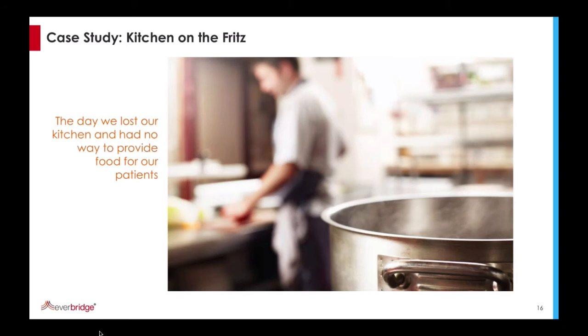So a couple of Nantucket-based examples, some of which may sound familiar. I suspect this one may or may not, but one of the most significant events in Nantucket Cottage Hospital's recent past was the day we lost our kitchen. We knew where it was, we just couldn't use it. And the point here is to imagine risks coming to jeopardize business continuity. They may come from very unexpected sources. We had a previously unforeseen problem with our main drain in the kitchen.